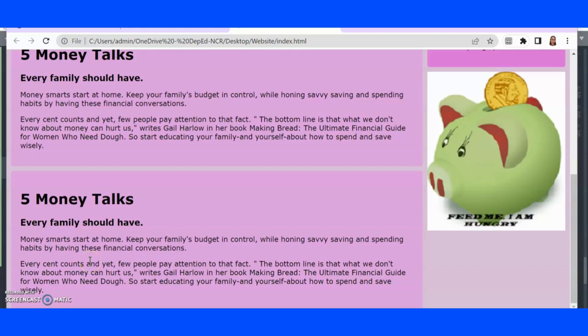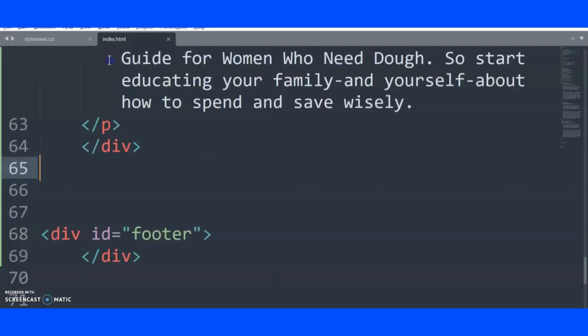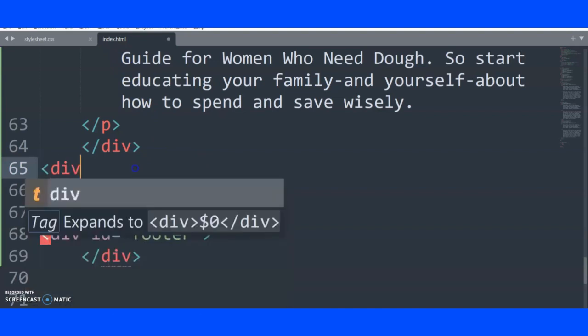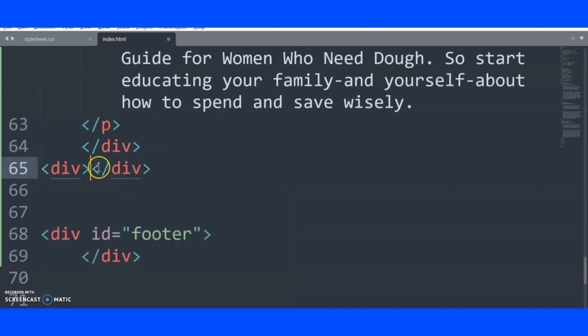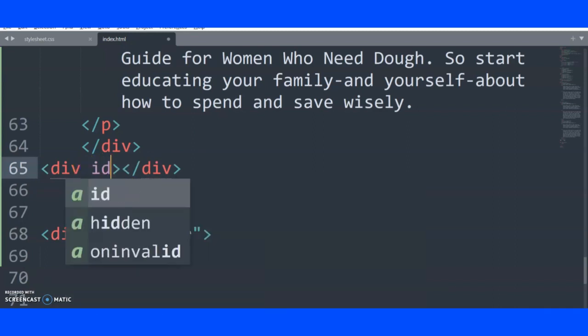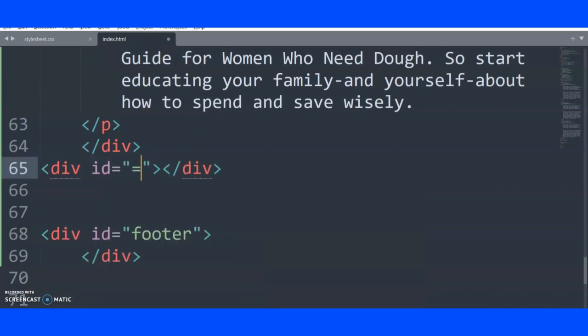Alright, welcome to another video, and today we're going to add a mini content panel in our web page. So we're going to put it in our last part. Okay, so go to the HTML and then type in the div ID is equal to,